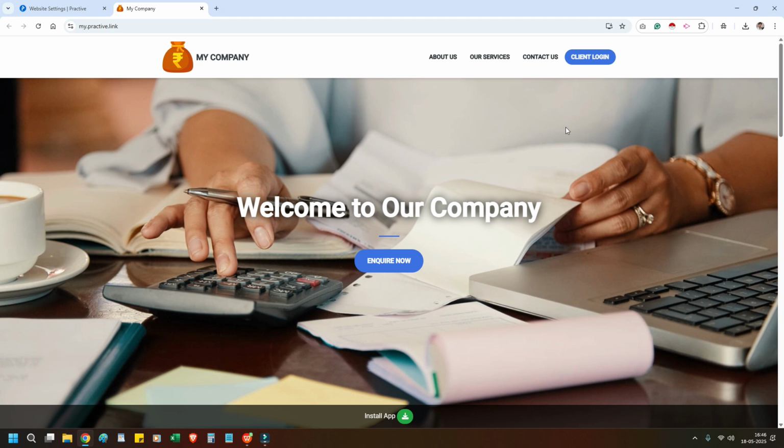Okay, and your client can visit this website, and they can log in with the client login options. Also they can install an application of your website. So there is an option to install application. It's a web based application for your client, and client can log in here with their mobile number and OTP